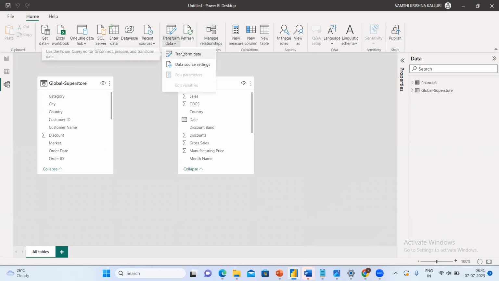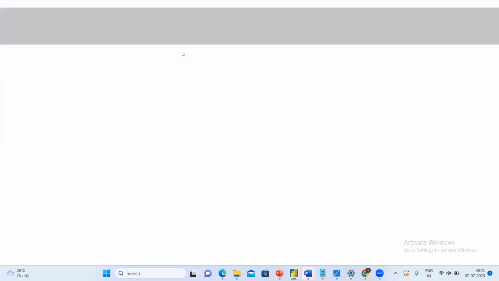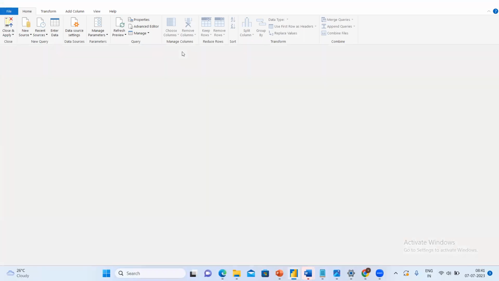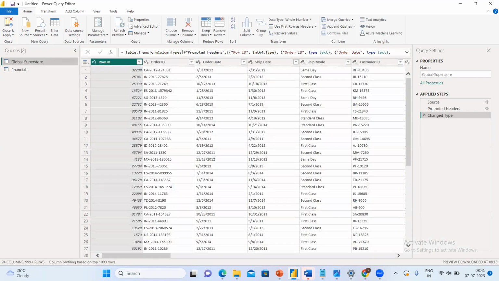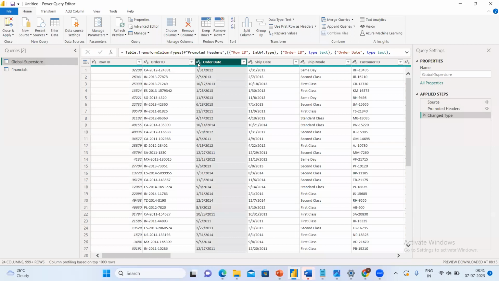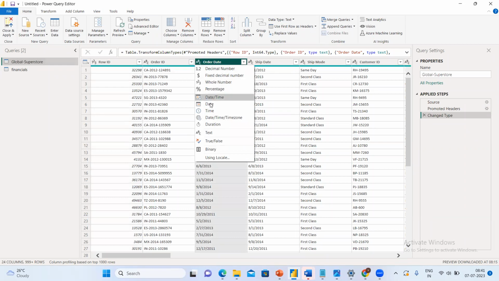As I said, the Power Query. Power Query is nothing but transforming the data. Transform data and Power Query are both the same thing, where you can convert the data from one format to another format. Suppose the data is coming in text format and you want to convert it into a whole number. Suppose there is text data here, but the date, we know that date is a date data type. You need to convert it. To convert that, you will be selecting the data type.